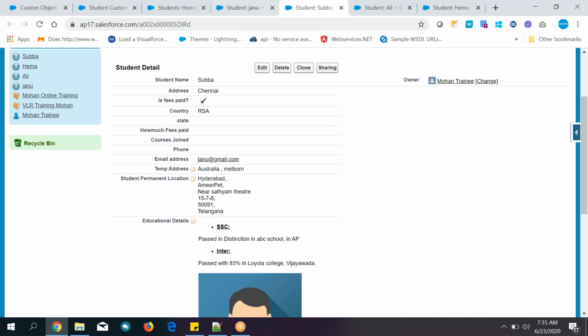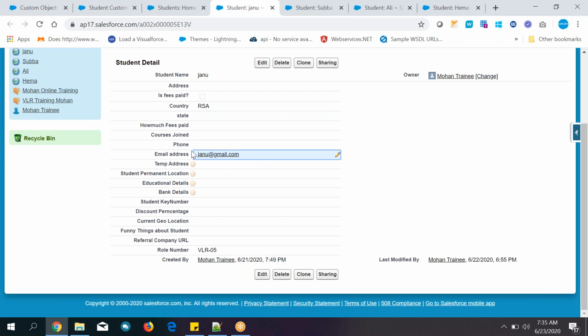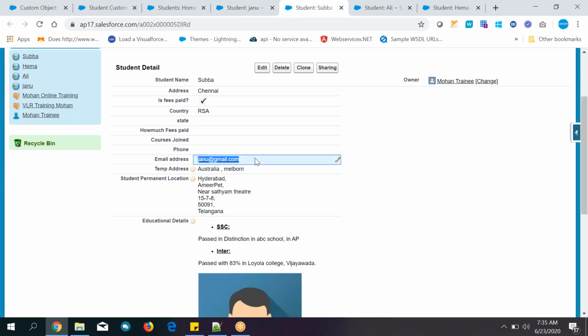So in this situation, what can you do? You need to avoid duplications. The same email you cannot add to other students also. So who will think of this requirement? A business person.